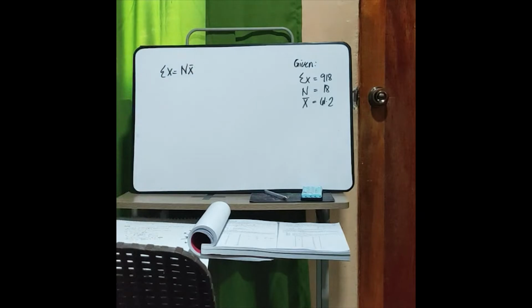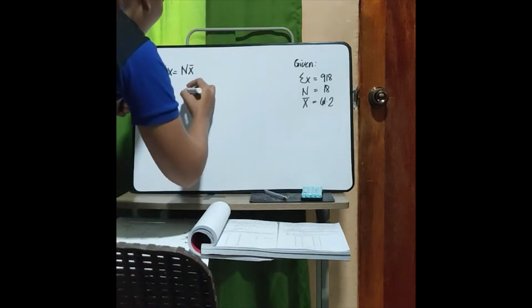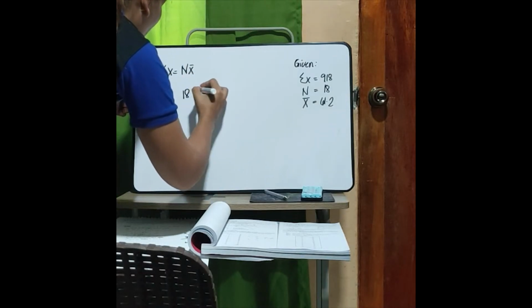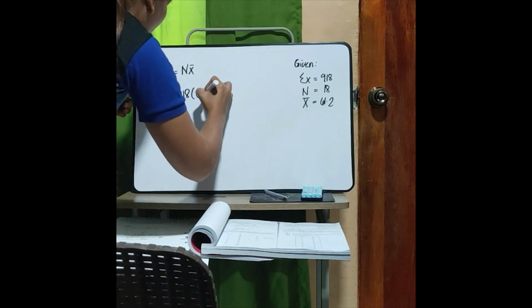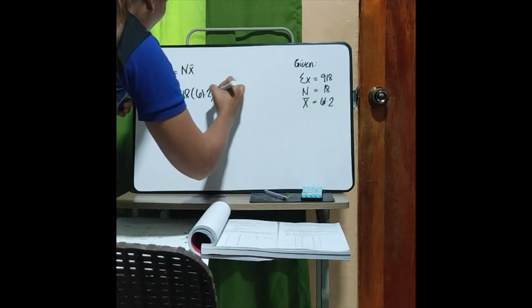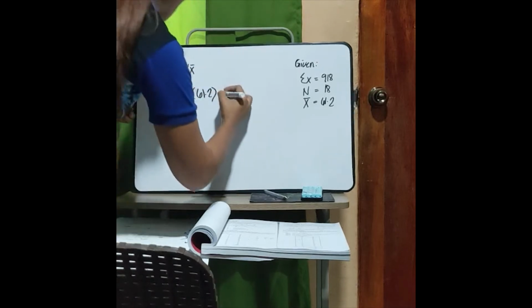Okay, so let's try checking if my answer is correct. Let's multiply. Our N is 18 multiplied by our mean, which is 61.2. All we have to do is to multiply 18 by 61.2, and the result is